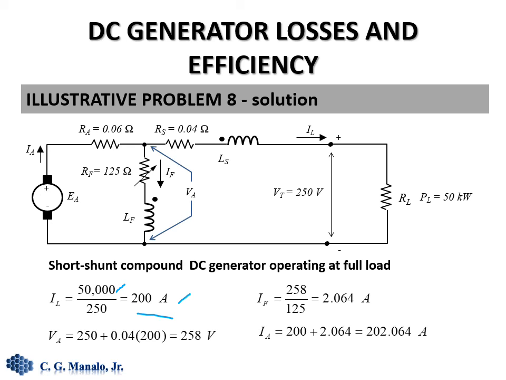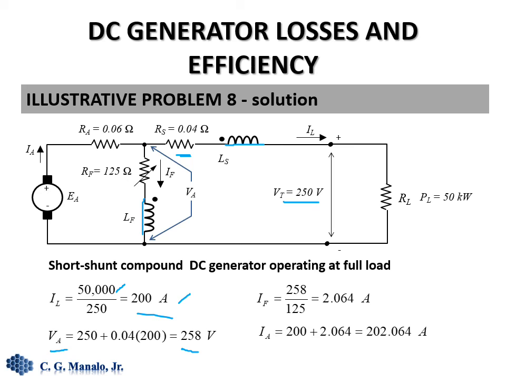We compute for V sub A, so we can use voltage divider to do that, or simply add V sub T with this voltage drop here. Again, take note that at steady state, these inductors here are shorted. So we have V sub A, 258 volts,